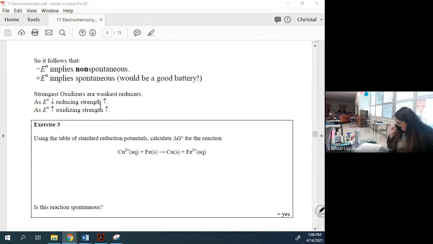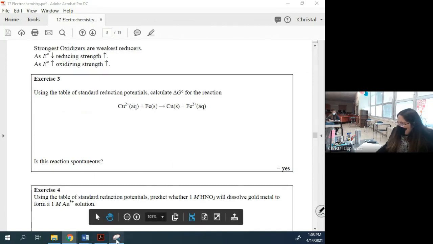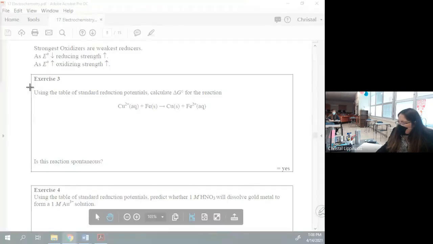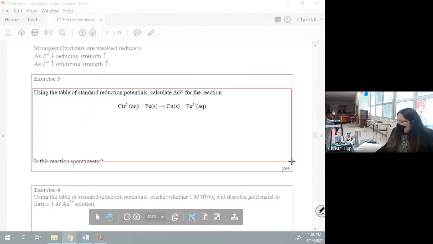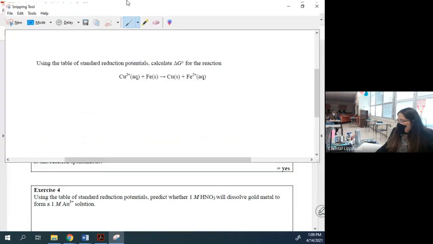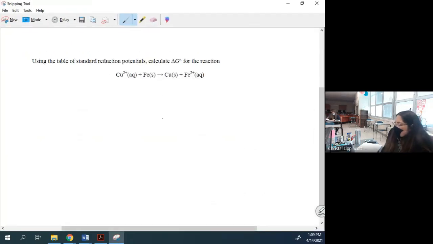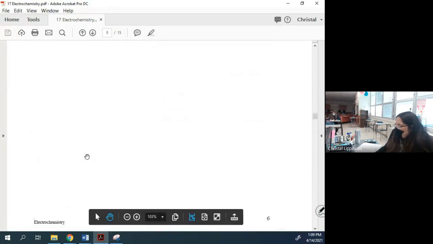All right. So we are going to calculate delta G here. And I need to do a little snapshot of this. So we are going to, hopefully this will give me enough room to write on it. Yes, good. Okay. So we're going to go back and we're going to use these reduction potentials that we had up here